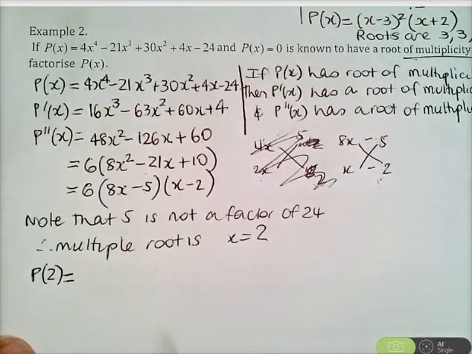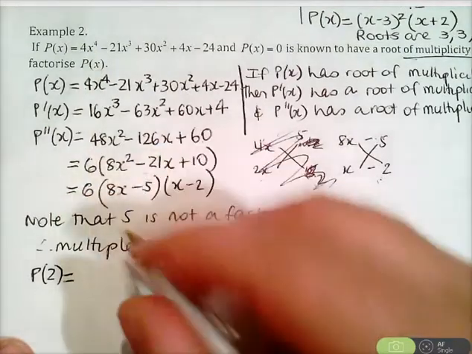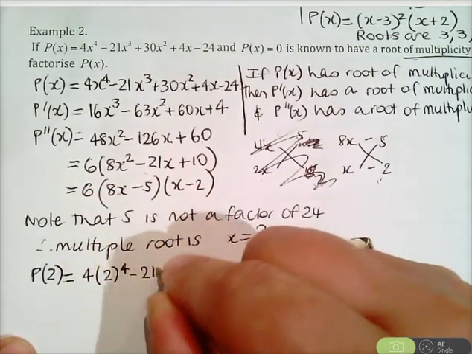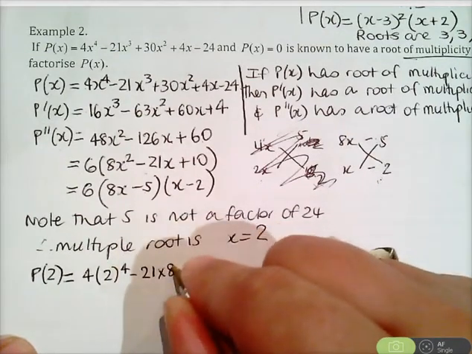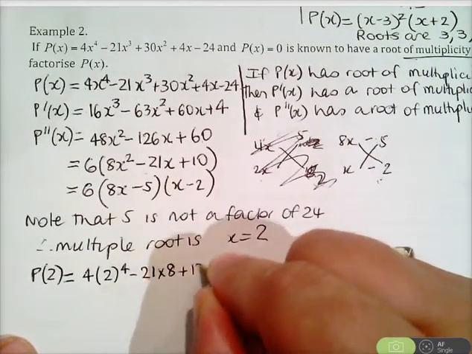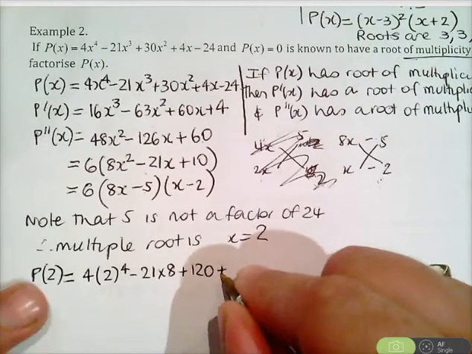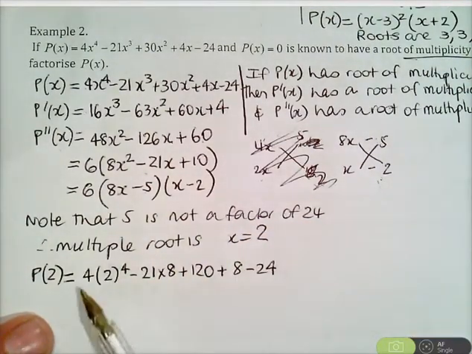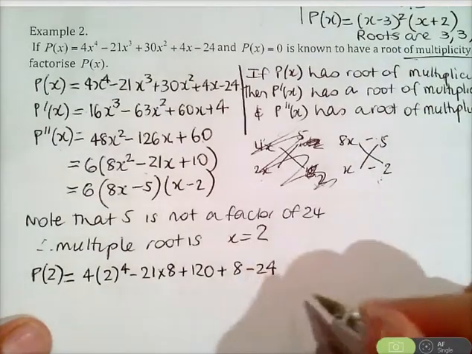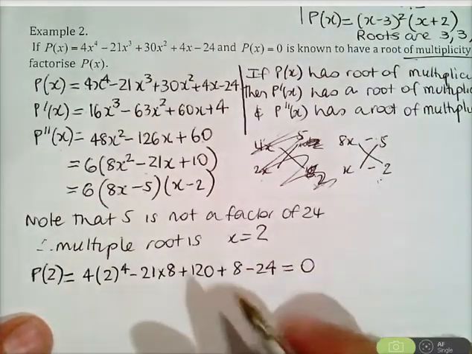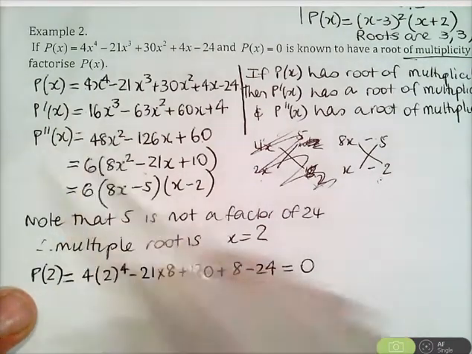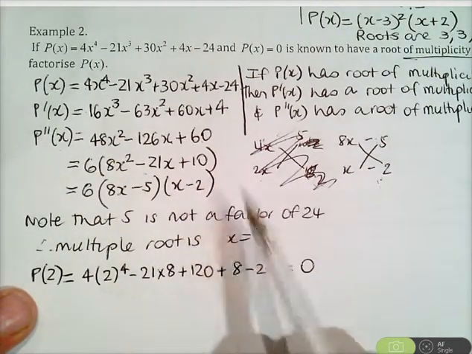So let's see, p of 2, putting it into the original function, is 4 times 2 to the power of 4, minus 21 times 8, that's 2 cubed, plus 30 times 4 is 120, plus 4 times 2 is 8, minus 24. And just working that out, you can get your calculator and you will get that that is 0. So therefore, we can see that we've got a multiple root here, because x equals 2 was the solution